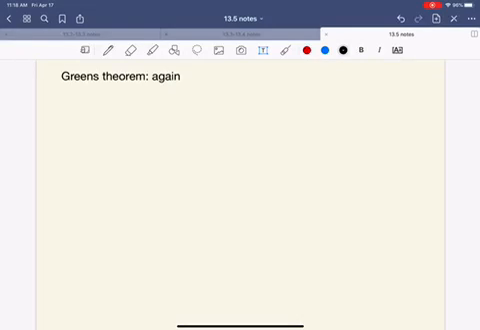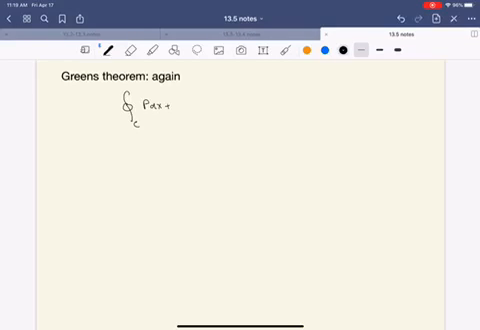All right, welcome back. We're just going to revisit Green's theorem. You may have remembered Green's theorem stated this. Now let's do it in a different color. Green's theorem, the basic notion of it was that if you had a line integral or a loop integral of